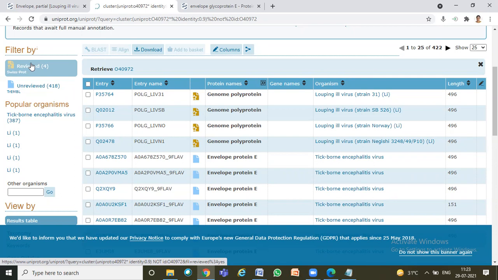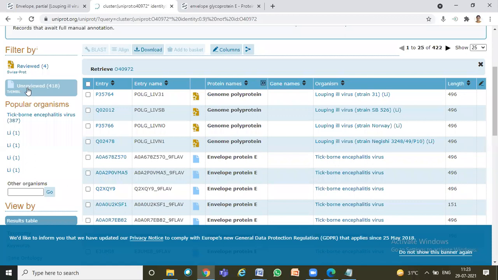But you also have translated sequences. If the gene sequence is there, you can use computational tools to translate your gene sequence into protein sequence. So when the genomes are sequenced by several scientists and deposited in EMBL, there is a site called TrEMBL, where automatically, using computational tools, the sequences are translated into proteins. So such sequences are also available in UniProt. So it is a unification of both Swissprot as well as TrEMBL, right?